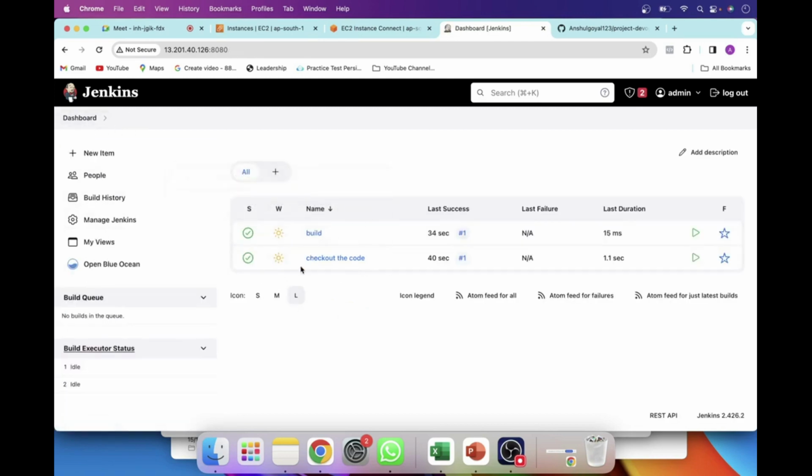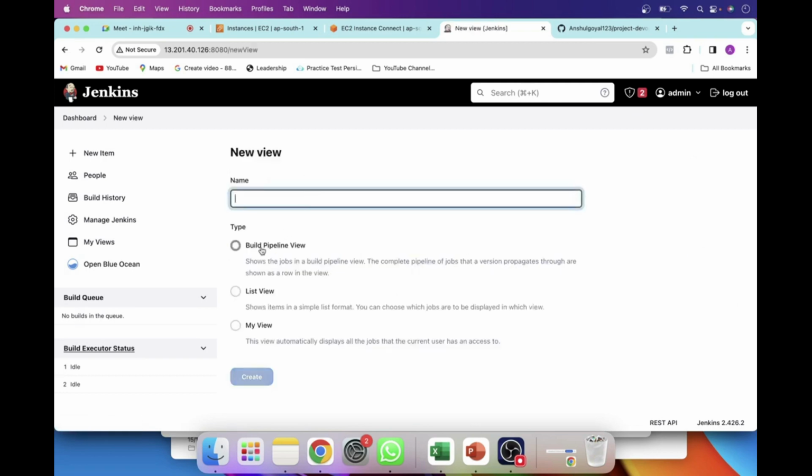Okay, so this is the pipeline. Once I trigger this build, after finishing this project, it will trigger another project, that is building the project. Okay, my CI/CD pipeline is created, but I don't have any view. If you want to create the build pipeline view, click over here and give it a name, my first CI pipeline. Okay, it will give you another view,